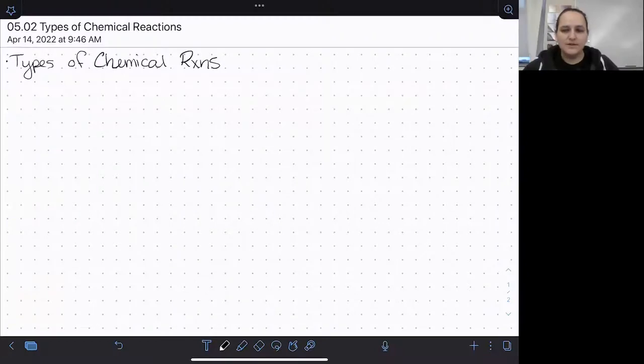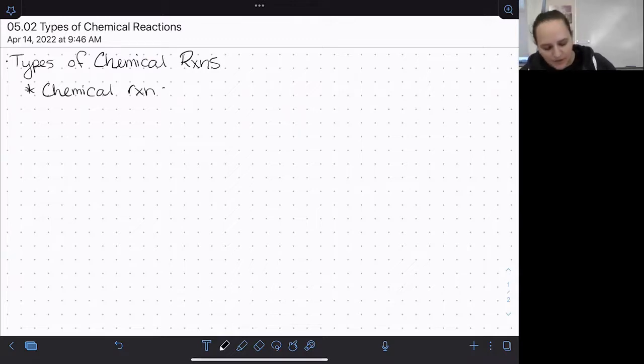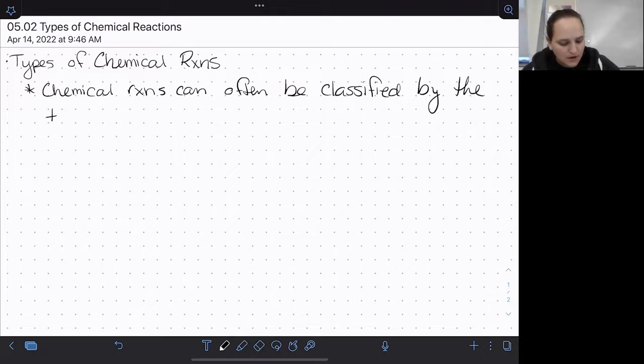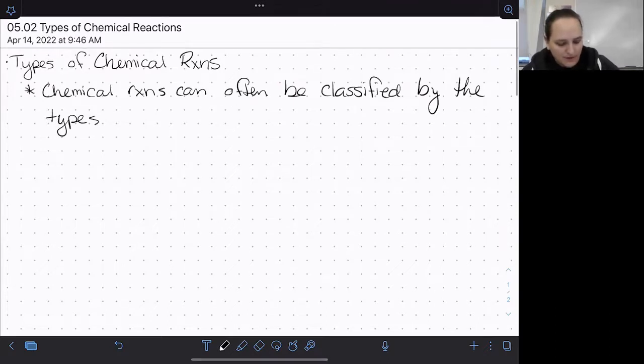In this video, we're going to be looking at some of the ways we can classify chemical reactions. Chemical reactions can often be classified by either the types of reactants and products involved or by some pattern that occurs in the bonding. Understanding what kind of chemical reaction you're dealing with can often be important to understanding how it's going to happen, what types of conditions are going to make that reaction more favorable,